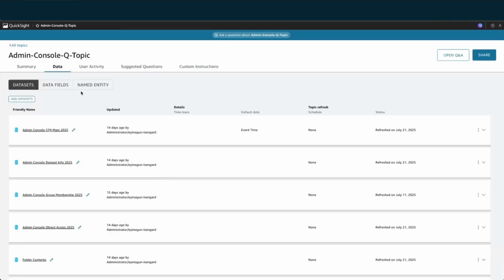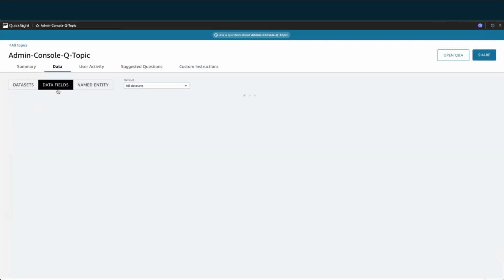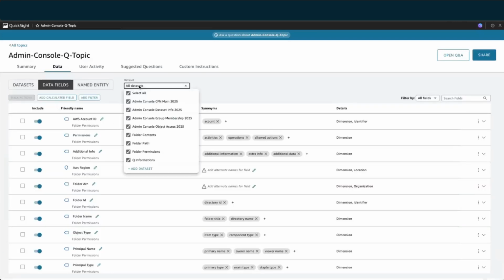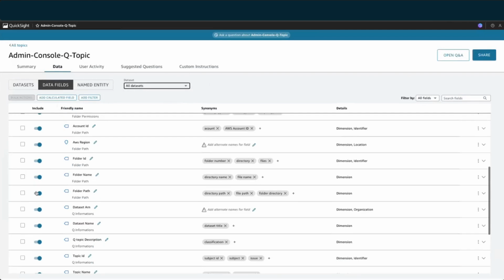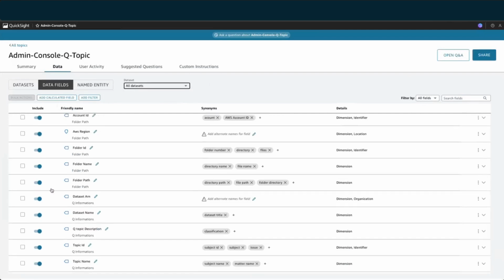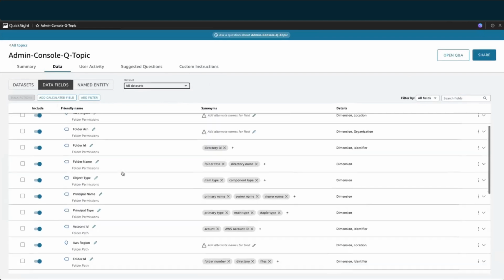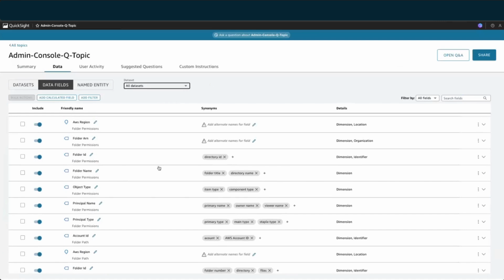And on top of that, we actually have the ability to say, for these different data sets, we can go through one by one, and we can look at all of them, and we can say which of the columns from the data sets we'd like to include in the Q&A responses, because we don't have to use everything. And then additionally, I spoke about using this topic to make the Q&A experience a lot more intelligent and more